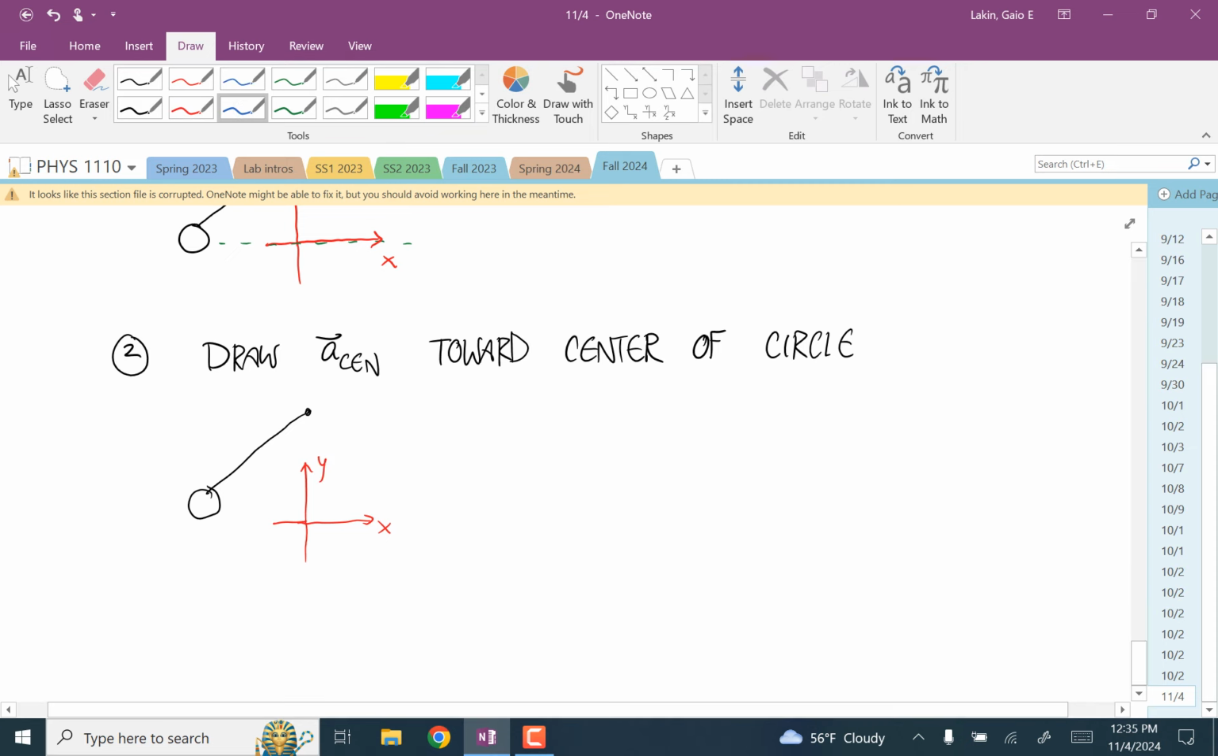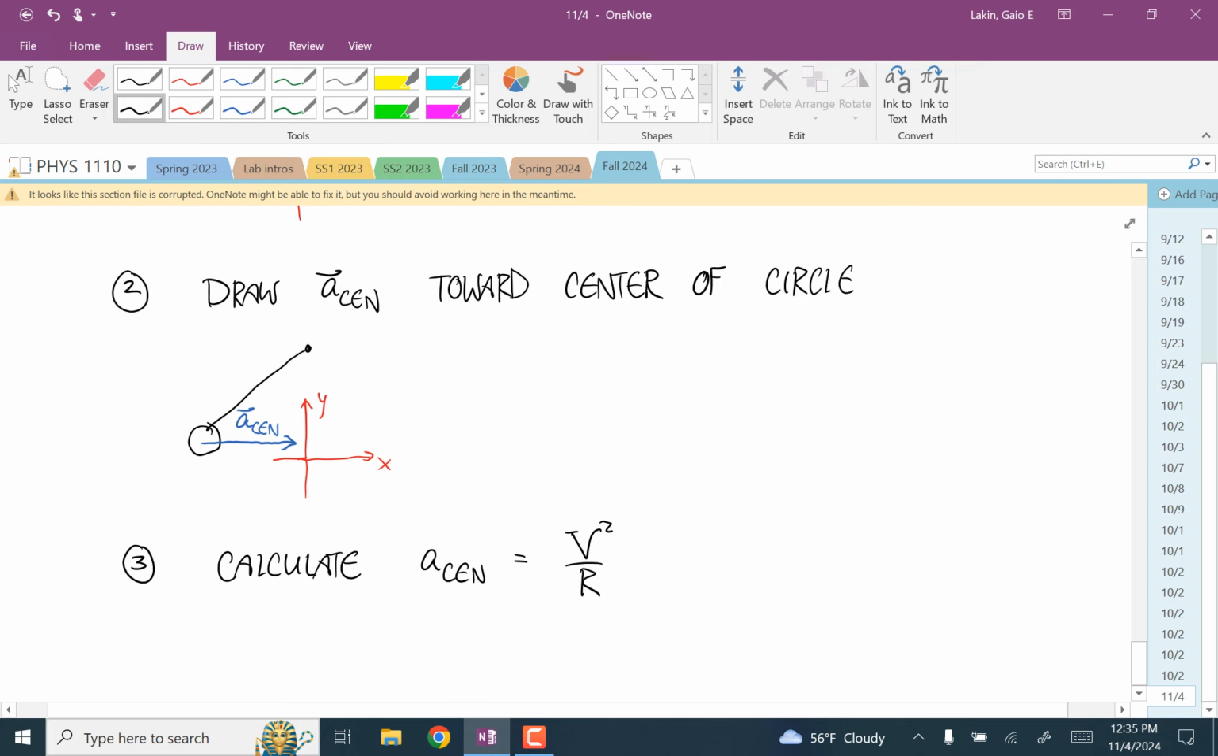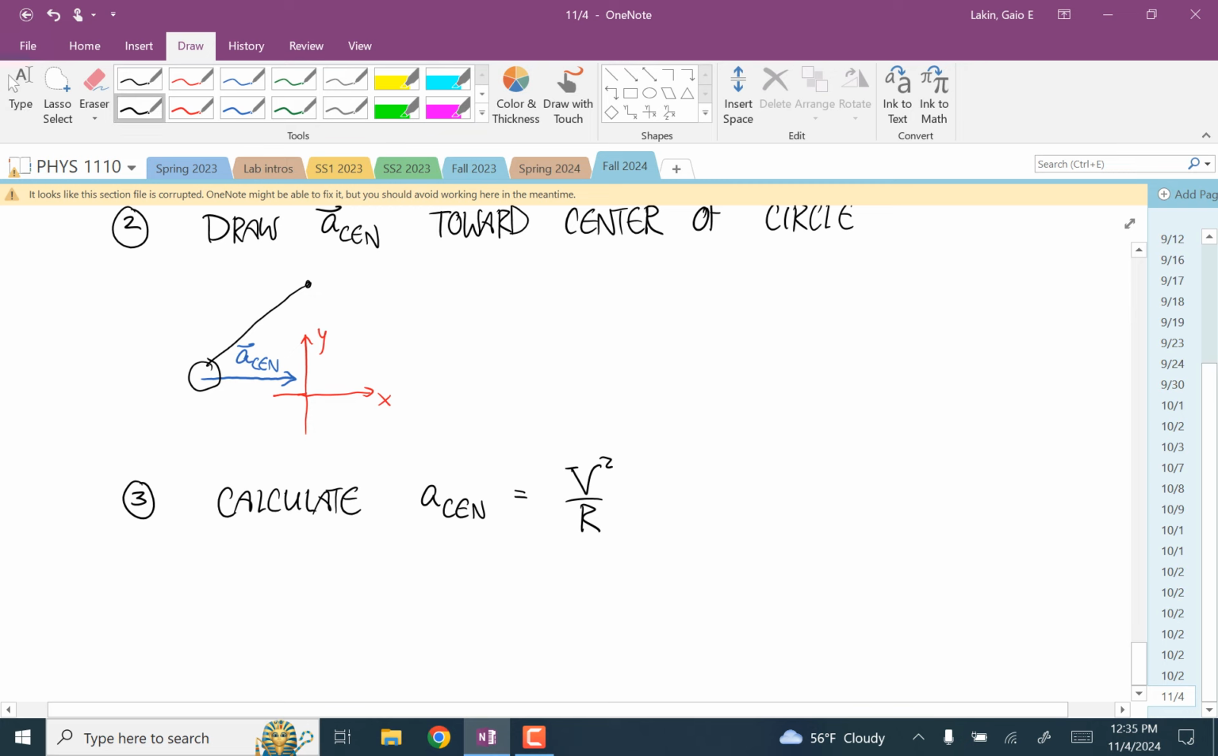So our centripetal acceleration goes this way. Third, we're going to calculate the magnitude of the centripetal acceleration using v squared over r. And the radius of this circle now is not the length of the string,